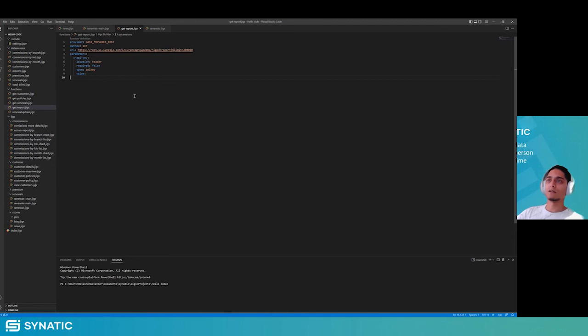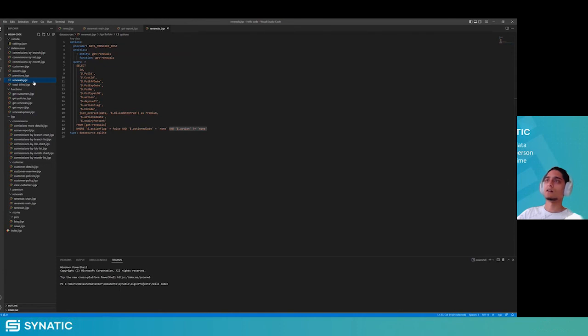So this function that I'm showing you is just an example of what we would do in terms of retrieving the data from Synatic. Here you can see it's a normal GET request with a URL, and you'd pass in any parameters that are required for that API that you built. So essentially all you'd need to do is set up that, and then again, you would just specify,